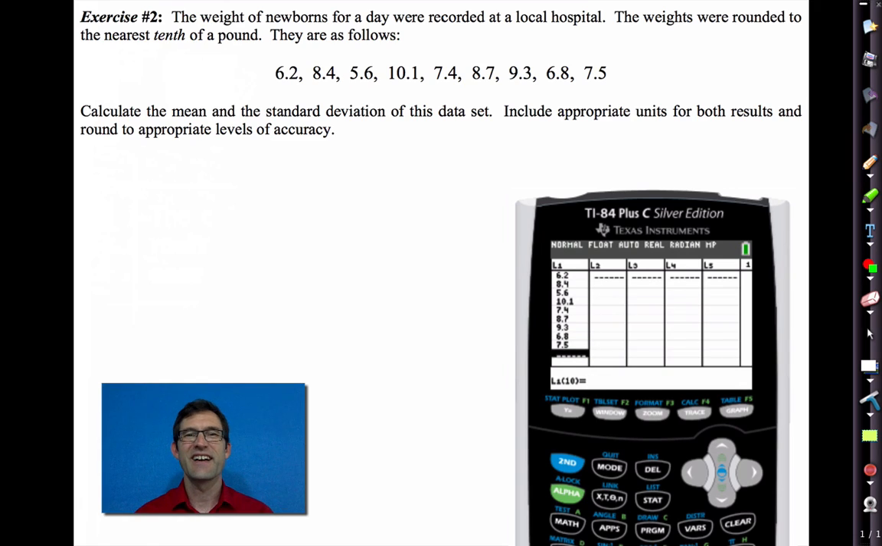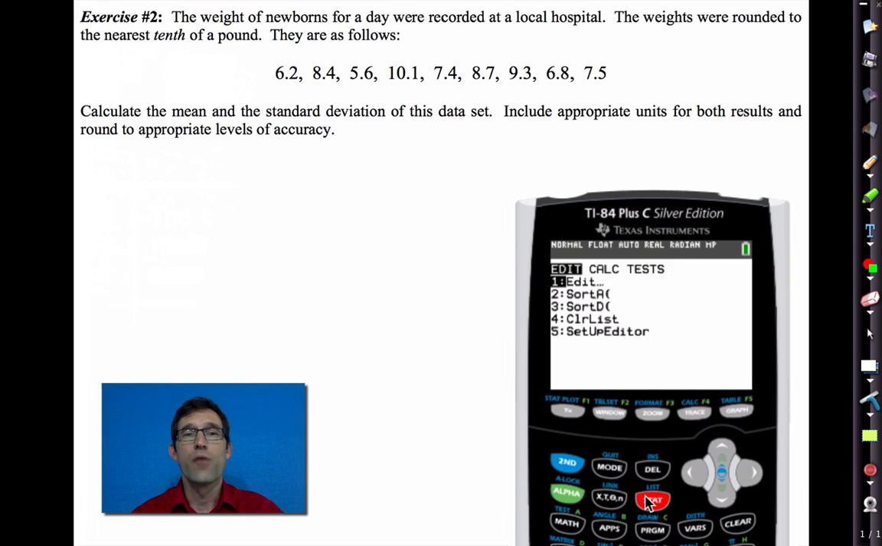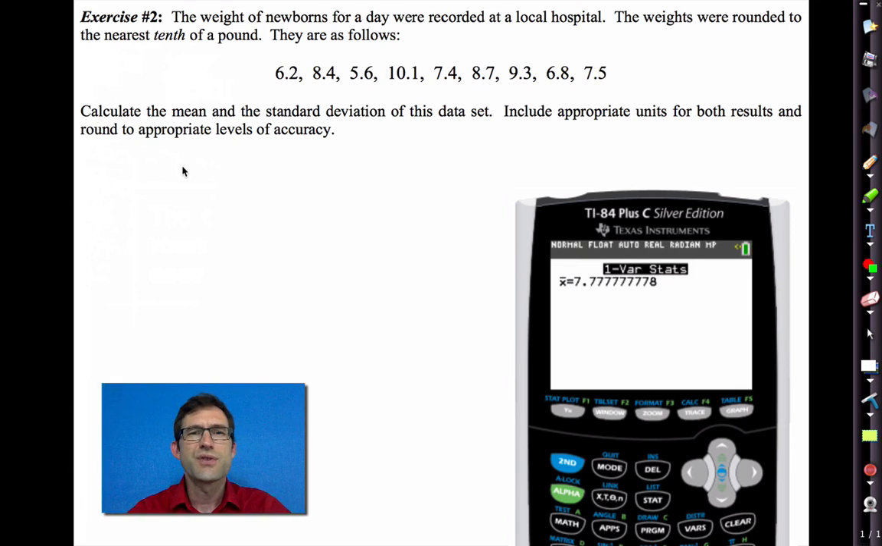All right, excellent. So now what we're going to do is hit the Stat button again. We're going to go over to Calculate, and then choose one var statistics. Hit Enter. And then I want to make sure I tell it to do the one variable statistics on L1. So I'm going to have one var statistics, then hit second one, and that's going to get me L1. And now I'm going to hit Enter. Now the mean is the mean is the mean. So as I look at my screen, I see that the mean is